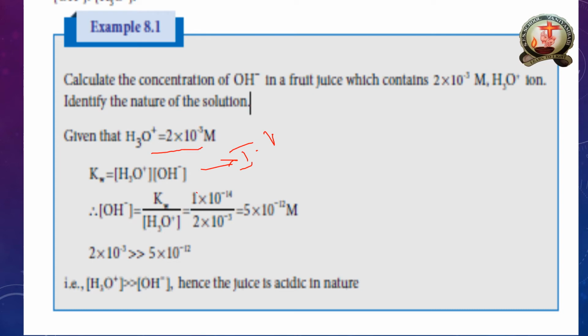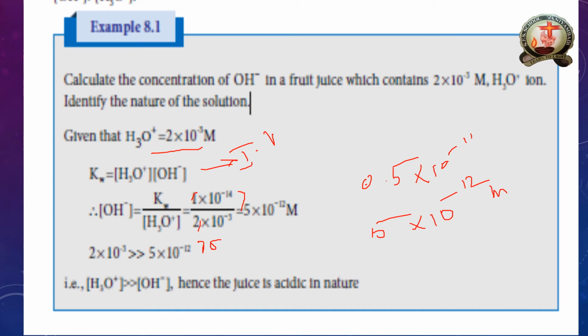What happened, this 0.5, I can subtract from here. 0.5 into 10 to the power, what is the 3 into 11, 10 to the power minus 11. Actually I don't want this one, I can add this one, 5 into 10 to the power minus 12 mole. That is why they changed it like this.